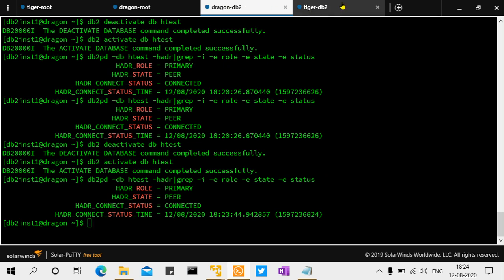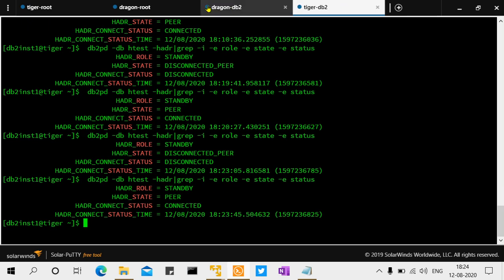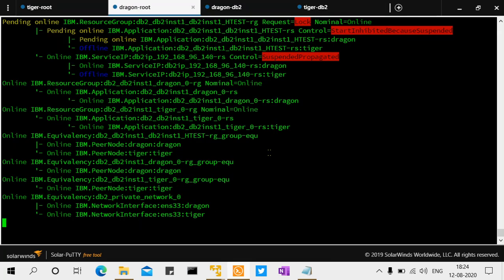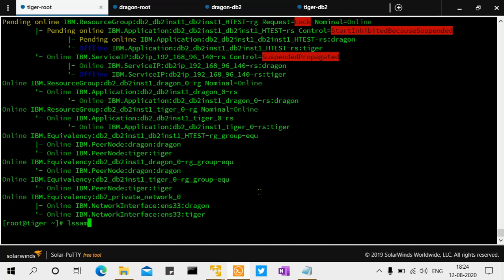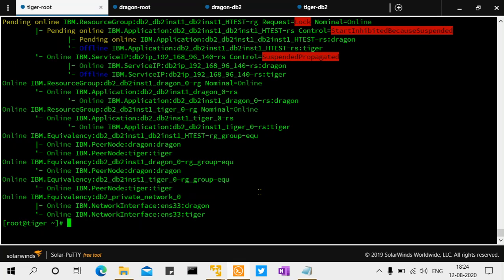So this became primary, and this is standby. That's correct over there, but it doesn't change the status. It's still pending online, and even if I forcibly put it online, it's not going. It's not changing.